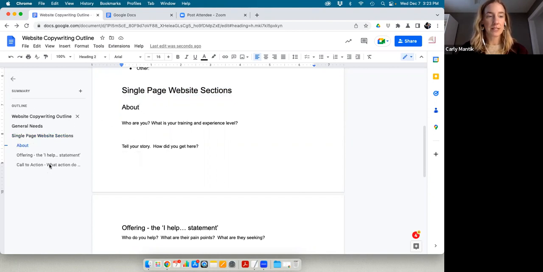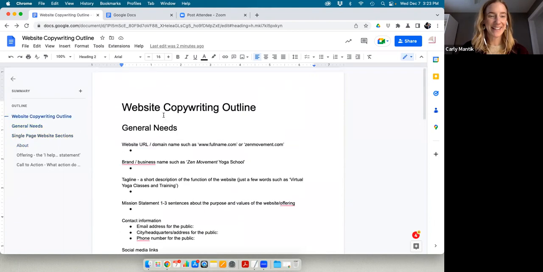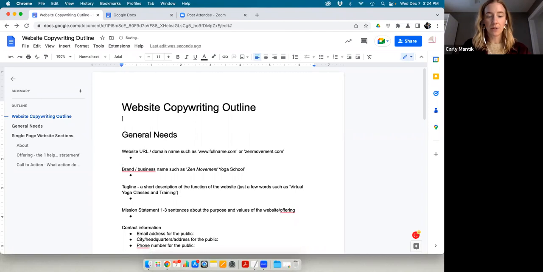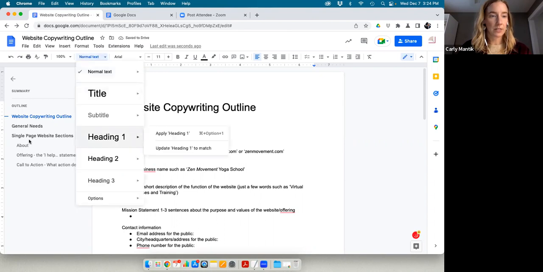So that's a good way to stay organized and to both be on the same page, pun intended. And another handy tool inside Google Docs is the to-do list function. So let's say we wanted to add a to-do list, and we'll give that a heading 1 category so that